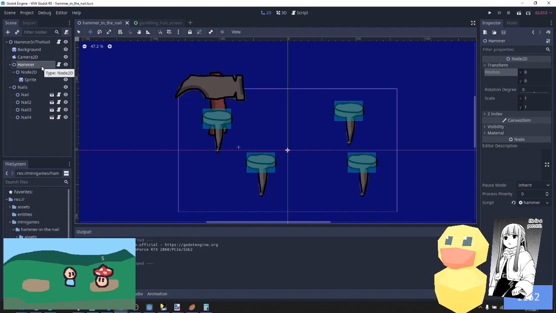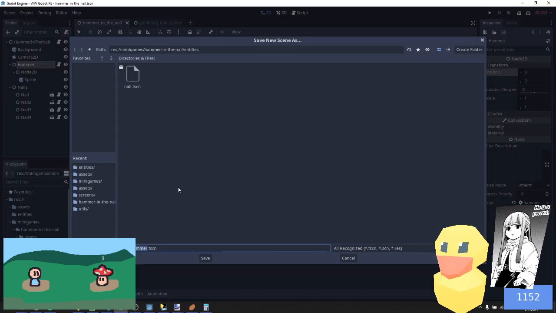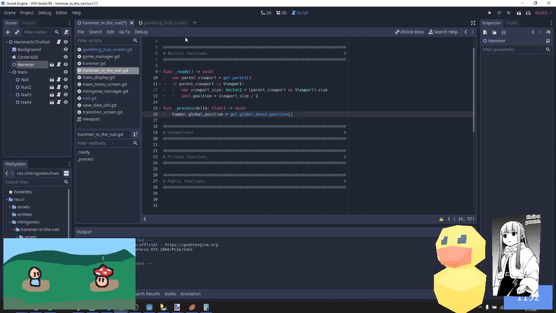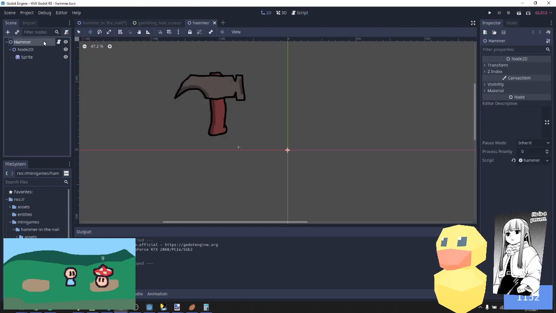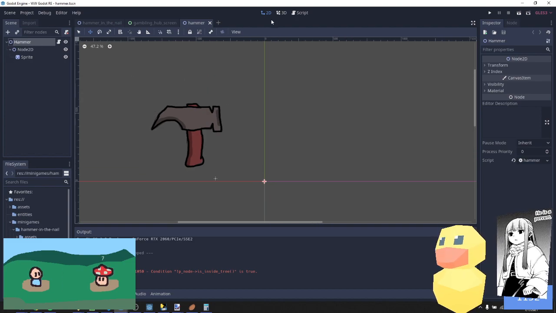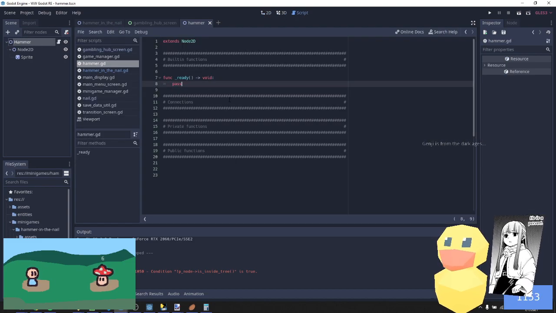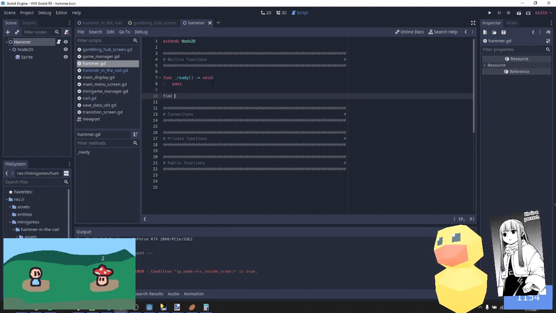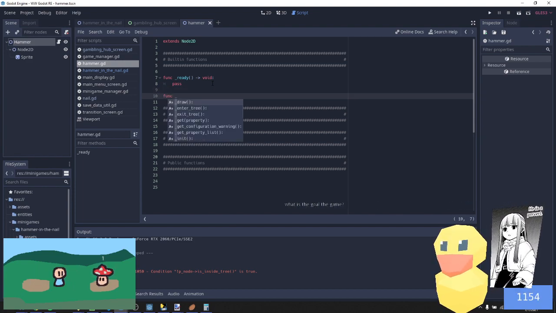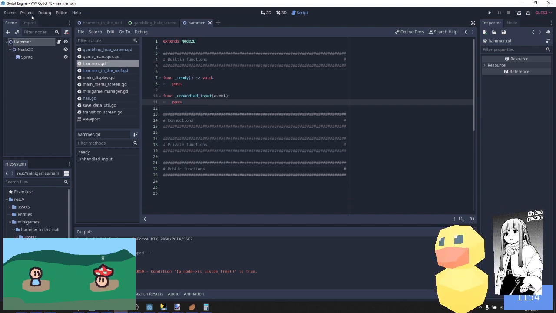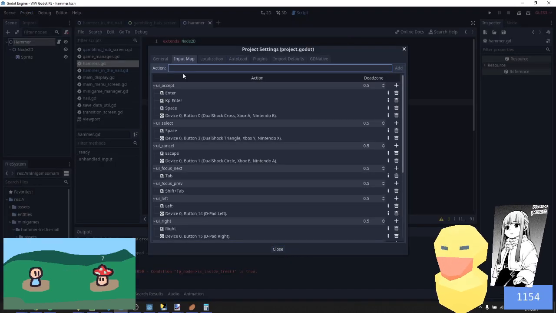So we need to rotate. Okay, so hammer does need to be its own scene. So say branch as scene. Let's call this hammer. It doesn't really need to be its own scene, but it helps. Alright, so hammer. What do we want to do with hammer? We want to have two states. So let's do hammer on click. So we do func unhandled input. Let's get a primary